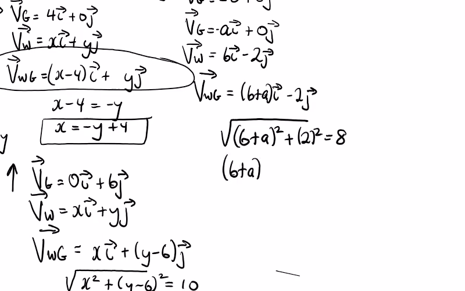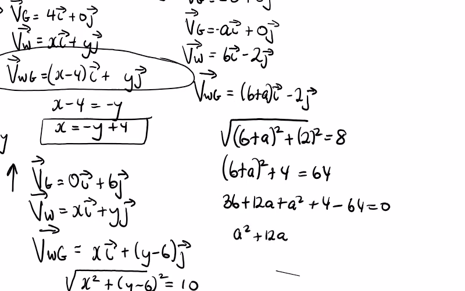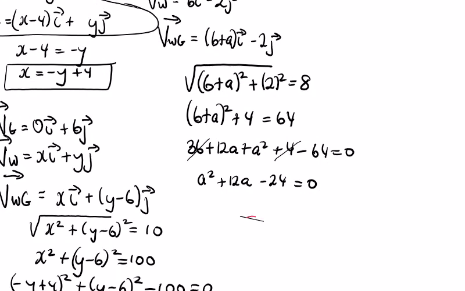So 6 plus a all squared plus 4 is equal to 64. 36 plus 12a plus a squared plus 4 minus 64 is equal to 0. So I have a squared plus 12a. What do I have? 36 plus 4 is 40, minus 64 is minus 24, equals 0. So 12, and I can't factorize that. I don't think I can factorize that. Just see now. Use the quadratic formula if you can't see the factorization of it, and using the quadratic formula here, we are going to get,